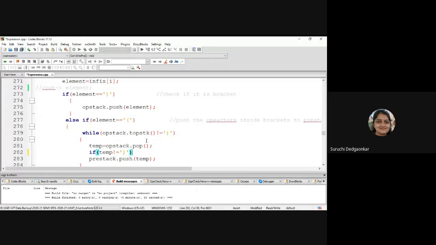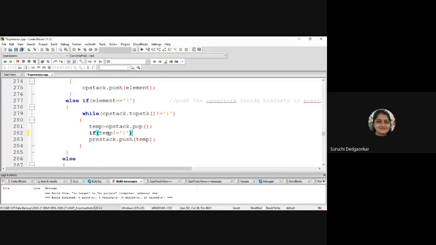If the closing bracket is popped, then it will be rejected. So we are rejecting both the brackets.